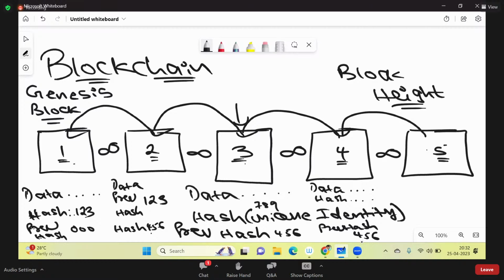The data. Every block is interlinked with the help of the previous hash. And every block has its unique identity, which is its hash, which you can correlate with your fingerprint. And every block has its own block number. Okay, we don't call it a block number. If you remember, I said technically we call it the block height. It should be referred to as the block height. That's it. These are certain core topics which you should be aware of first before you dig deep into this technology.